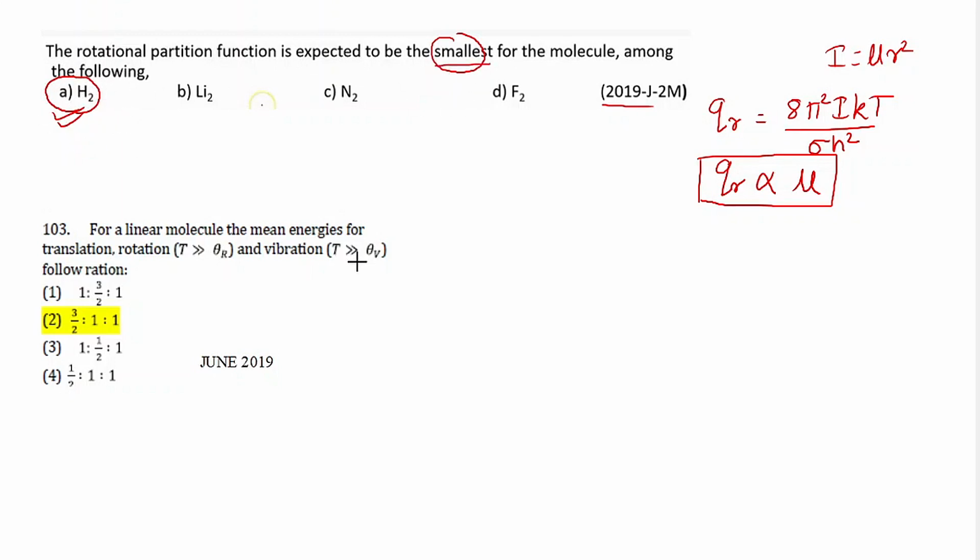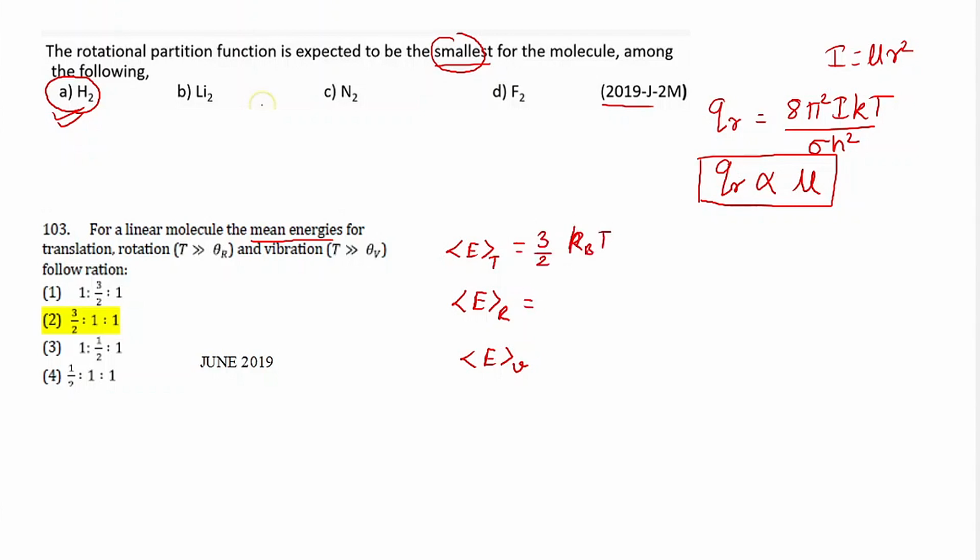Moving on to the next numerical. This was asked in June 2019, and it says that for a linear molecule, mean energies for translation, rotation and vibration have the following ratio. So mean energy, that means we have mean translation energy, mean rotational energy, and mean vibrational energy. So for mean translation energy, we know it is 3/2